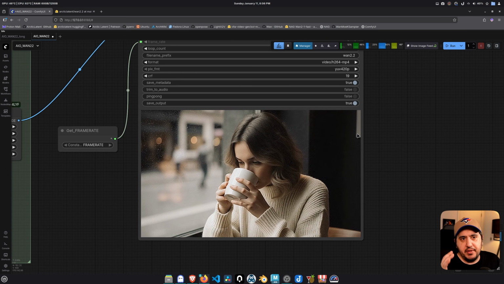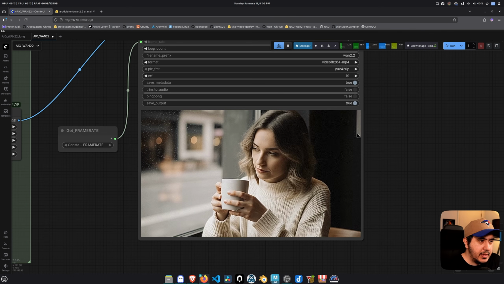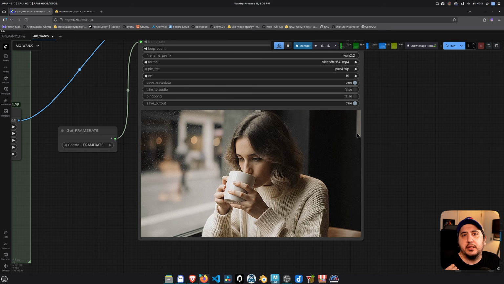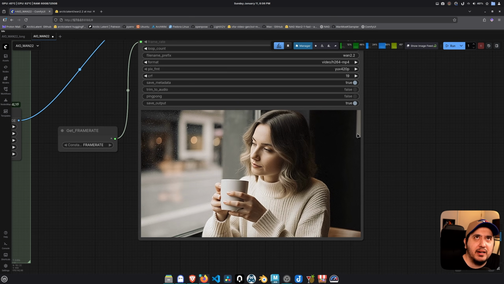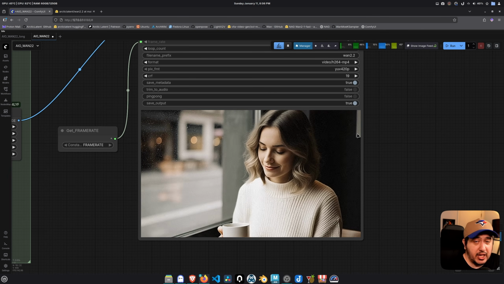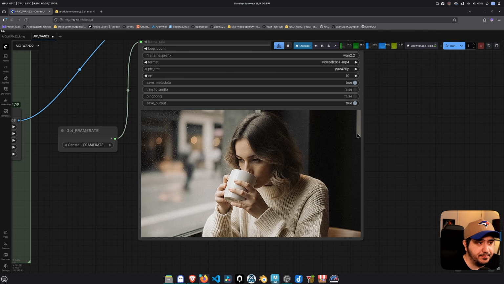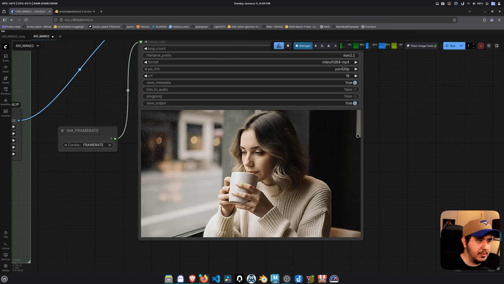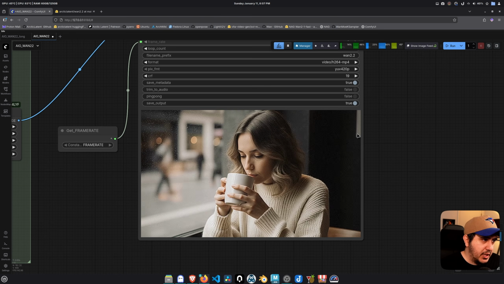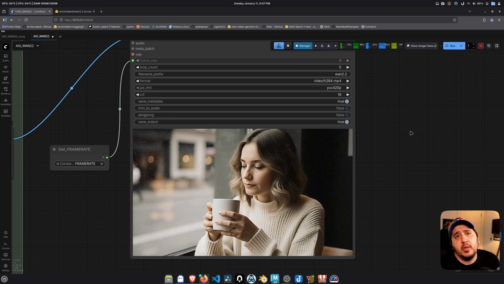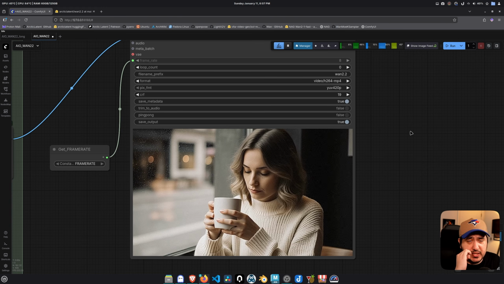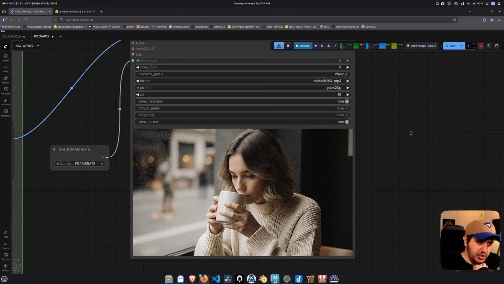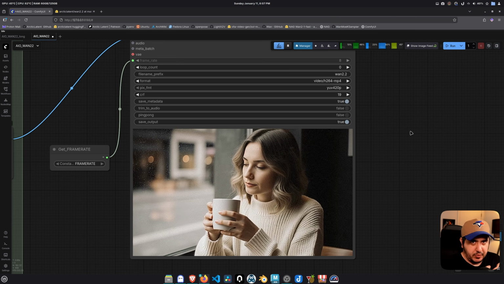Like I said, this is a very brand new LoRa, and in my opinion, Light 2X LoRas, I said this in the beginning of the video, they are, I am not going to say killing, but they are limiting WAN 2.2's actual raw performance. So you can disable them and try, and you will get so much better results than this. But of course, if you are on low VRAM, you can continue using Light 2X LoRas. And I am pretty sure there is going to be an update because I was reading on their GitHub about some issues. Yeah, there is some kind of slow motion issue with some resolutions,